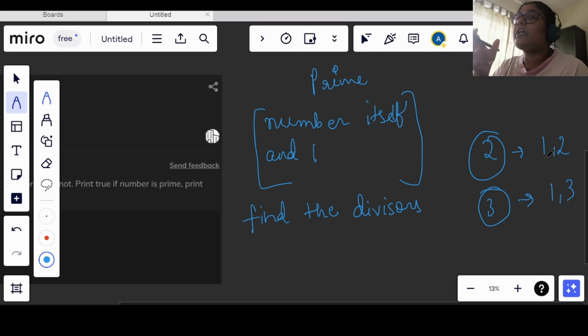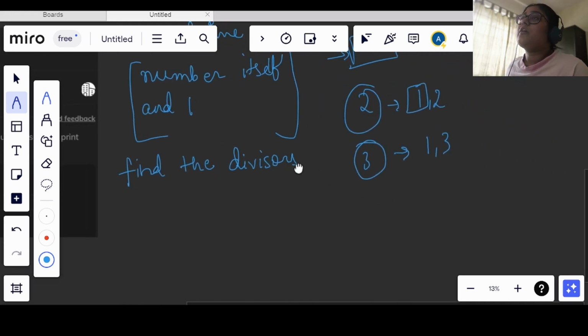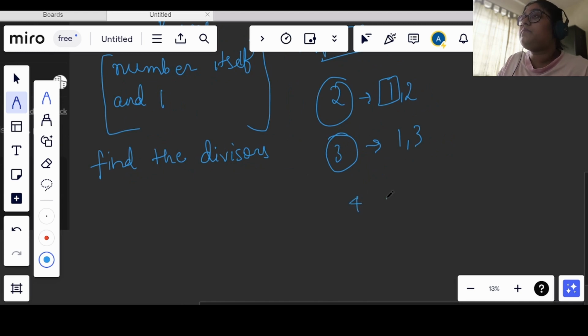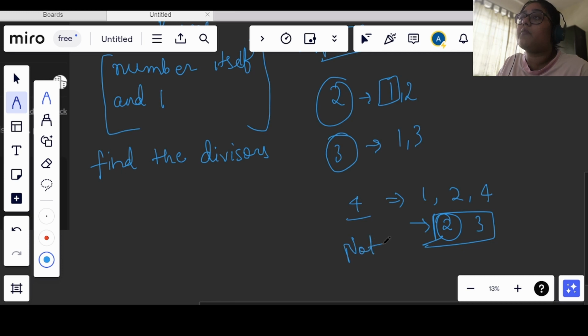Now let's say we create a condition such that we start the division from the numbers after 1 and less than that number. In that condition we should not find any divisors, right? Let's say we have 4 here, and the divisors are 1 to 4, right? And I am starting from 2 here and going till 3 only. So we will see that 4 is divisible by 2, so this is not going to be a prime number.